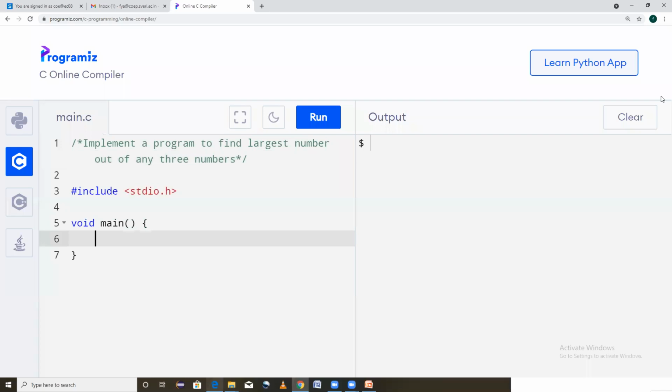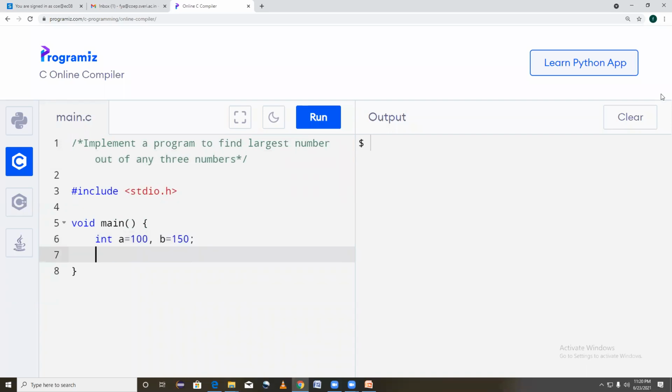Say I assign A as 100 and B, let's say 150. So which one is the largest number in 100 and 150? Yes, 150. And we have implemented this with a program.